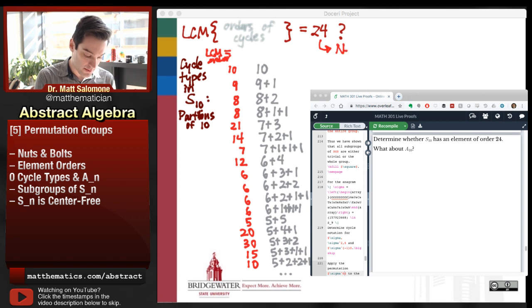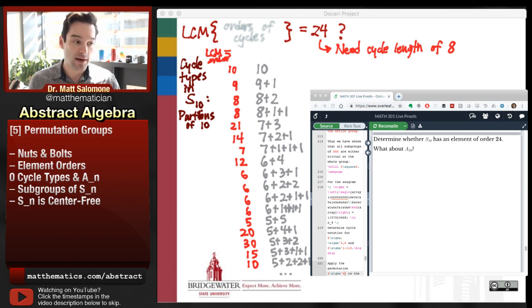We really need my cycle lengths to have at least an order of 8. Right, I need to have an 8 at the party because the only way for me to get enough powers of 2 to make 24, so think of 24 as being 2 to the power 3 times 3, right? I'm going to need to have,